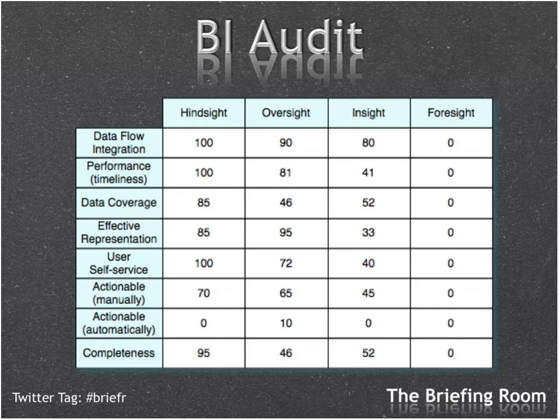Were the users able to get at the information? Were they able to have some control over it? Yeah, in this instance, 100%. Was it actionable manually? Yes. Actionable automatically? Not at all. But what we have here now is we have scored what I would regard as a dimension of BI,